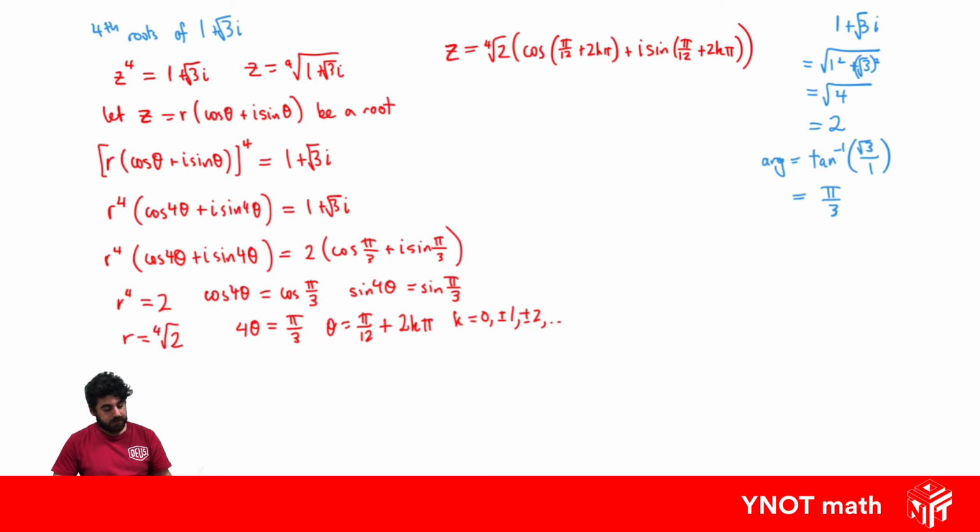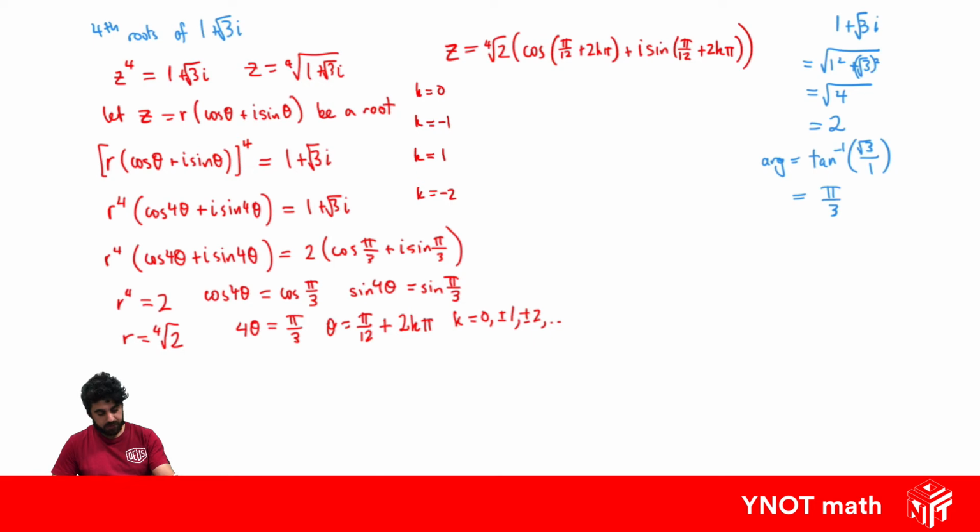And now, because it's a power of 4 equation, we need 4 solutions. So we need to go ahead and sub in our values of k in ascending order. So we're going to start off with k equals 0, then go to k is minus 1, k is equal to 1, and k is equal to minus 2. And if you do that,